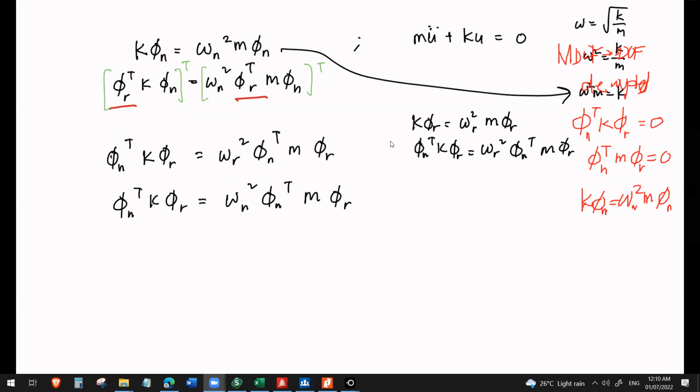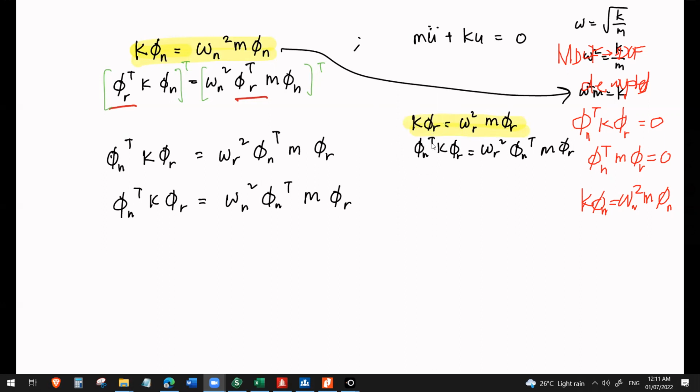Which color will I choose? So, kanina, ito yung natin. Dito tayo nag-start: K phi n is equal to omega n square m phi n. Then, nilagay natin ng phi r transpose. Now, baliktaran naman natin. What if we made this r? Okay? So, ito naman siya. Para consistent. So, therefore, applying or multiplying also by phi n transpose both sides, we're going to have